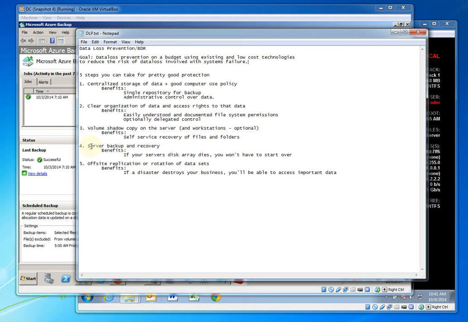Alright, so that really covers backup and disaster recovery and a data loss prevention plan for small businesses. It's intended for small businesses with less than 25 employees. I'm not saying this is the best solution out there. It is a solution that is relatively cost effective, and if you have any questions, just drop me a line